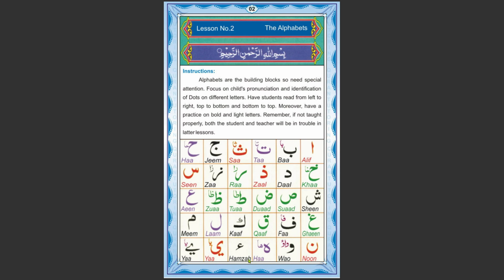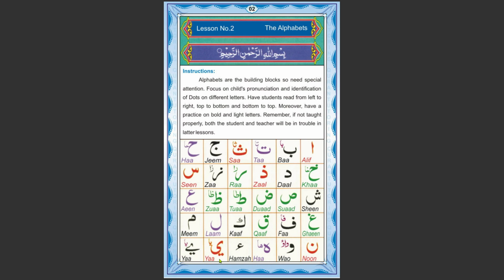In the start and the end there is the sound of h or the sound of ha. In the start and the end of hamza. Hamza. Hamza. Please repeat after me. Hamza. Our next letter is